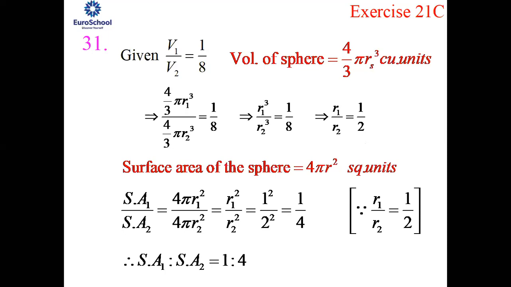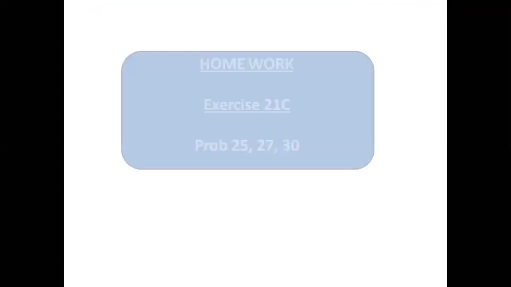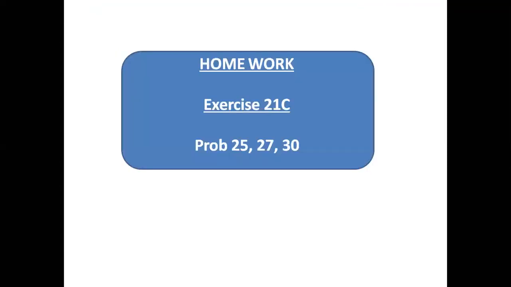Okay, fine. So with this, we end this unit. Now your homework problems in this will be 25, 27 and 30. 25 is simple, just directly you need to substitute the values. 27, I guess what I explained is clear for you, or else you can just look at the notes. And 30th again, I've given you the hint in the notes. Can you all try it out? Yes, ma'am. Okay, fine.